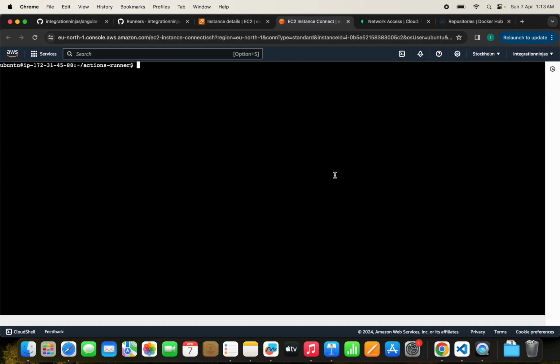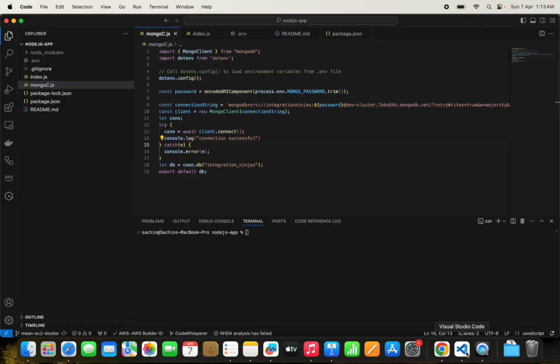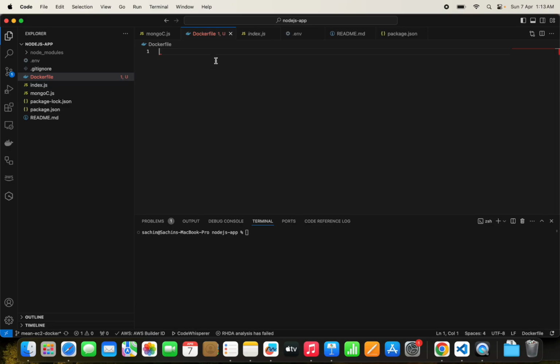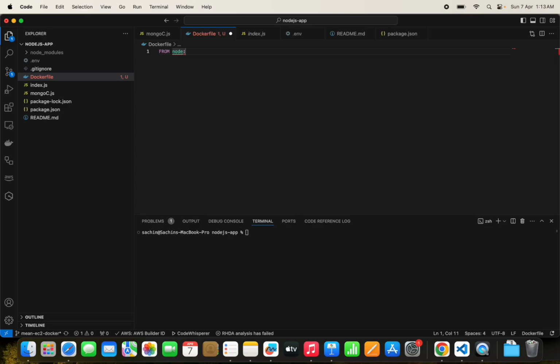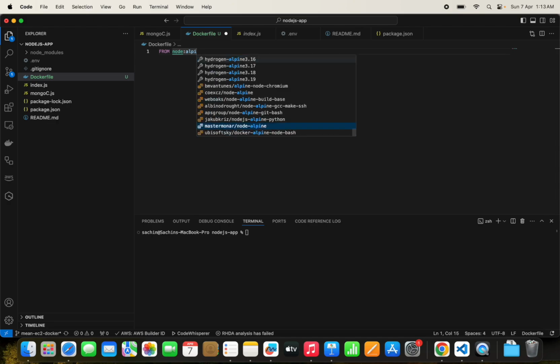Now everything is completed. Now we will open our Node.js project here. We'll create a Dockerfile there. In the Dockerfile we are going to select a base image, which is, suppose, node. We are going to select a node image here. We can select an alpine image itself. Okay, let's see, 3.18 we can select,